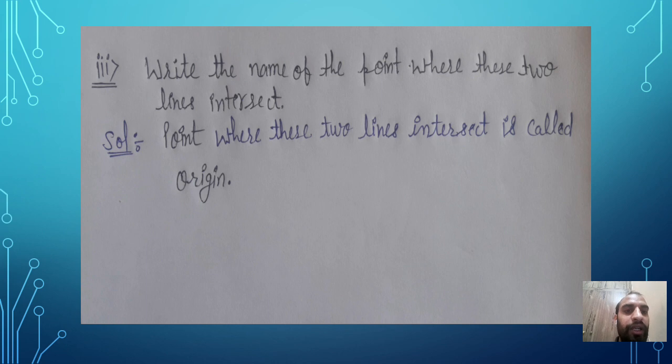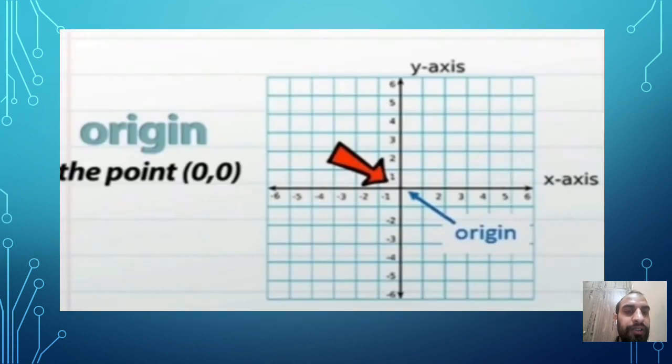Now what is the point in the center? That means where they are cutting each other. What is the name of that point? The point where these two lines intersect each other is called origin. Origin is in the center. So let's see, this is your origin. As I told you in the last class also, this is in the center, and sometimes it is written here as 0, a single 0, but that is not 0, that is O representing origin, and in general here 2 times 0 will come because we have here two number lines.